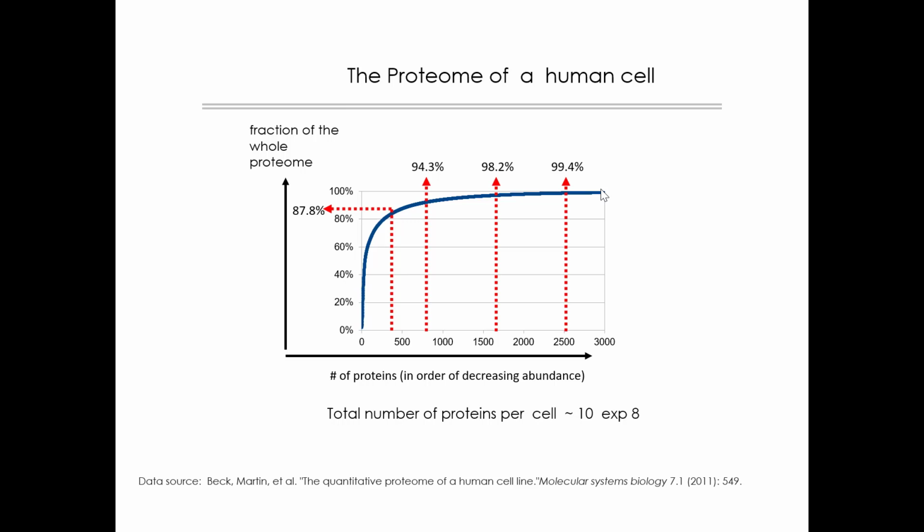The argument would be that if we have a mutation, even in a protein that is present at 100 copies per cell, which we would very likely not see by DIA, if this protein is somehow screwed up, mutated, or absent, we would see the echo of the absence of this protein, how the cell reacts to it, in the 99 or so percent of the total protein mass covered. This has actually not been proven. It's an assumption, but it is the justification we would use that we can generate biologically valuable results